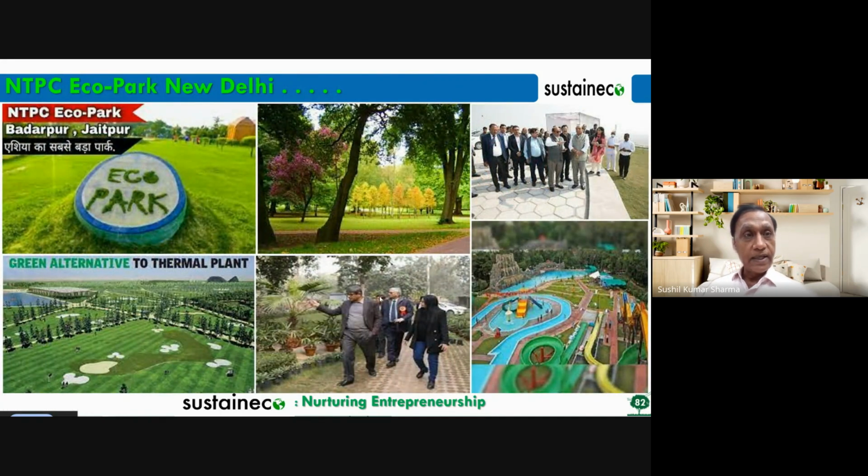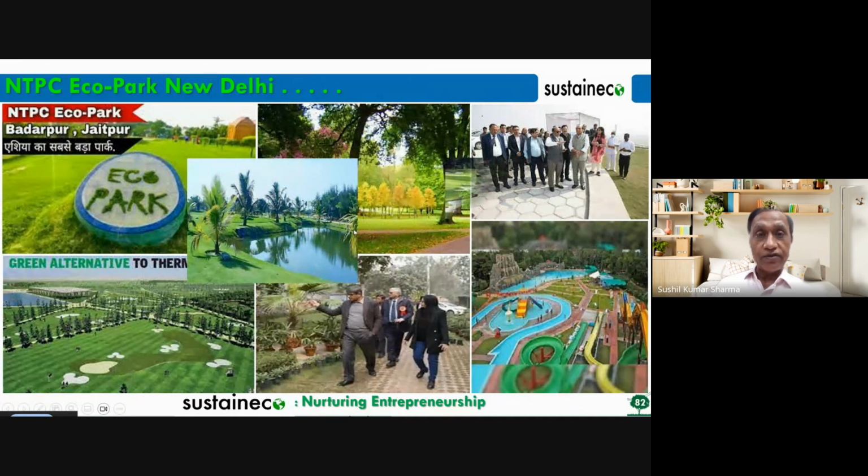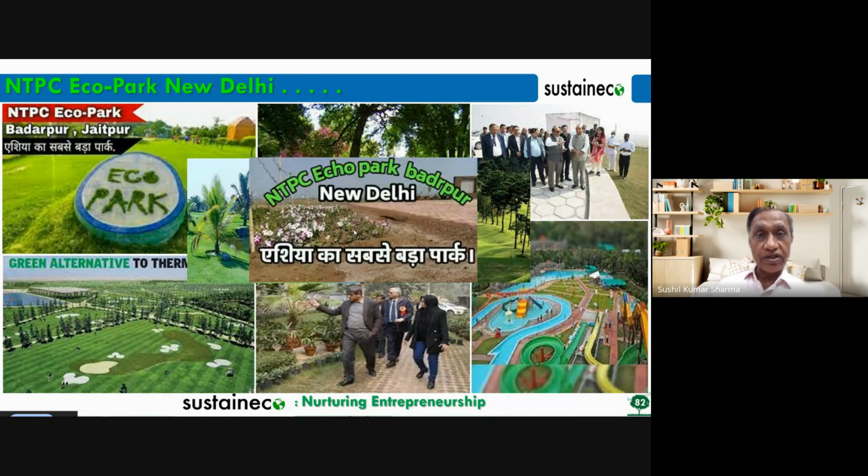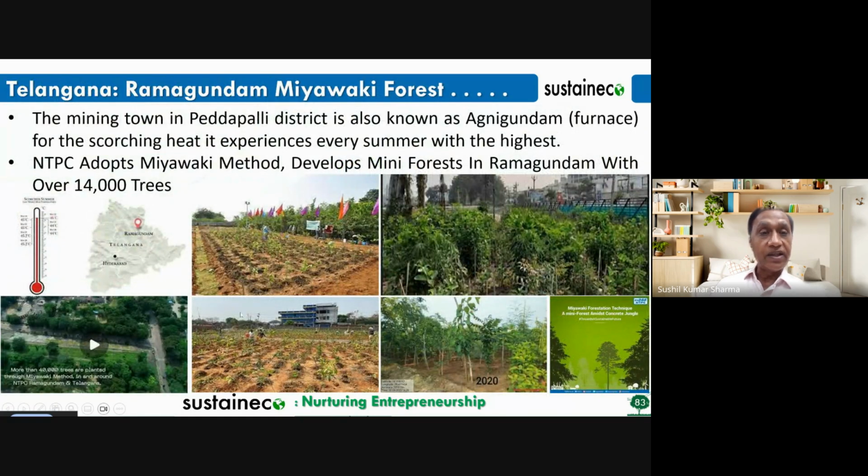This is something wonderful. Asia's largest park is coming on the S dikes of the already closed power station of NTPC in New Delhi, on the bank of river Yamuna. So the S dike, which used to be 800 acres, is now converted into a wonderful eco park. This will be opening shortly. Whenever you have an opportunity to be in Delhi, you can definitely spare somewhere 6 to 8 hours of time and enjoy this restoration of barren area into wonderland. These are some real existing scenarios which have developed, and post this rainy season, they will be in a wonderful